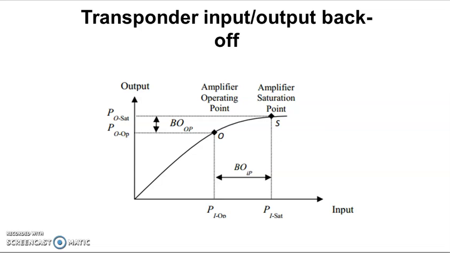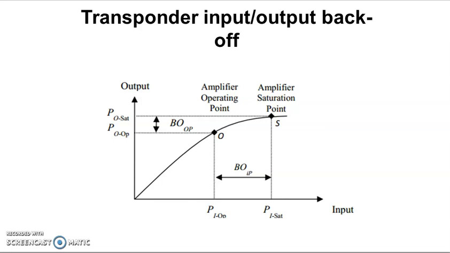Okay, now we continue with the earlier component, that is about the transponder input-output back-off power. We have said that the power amplifiers available in a transponder are solid-state devices, SSPA, and the traveling wave tube amplifier, and they have limitations of power handling capability. So now we need to know how much is the maximum output power from this particular amplifier, so that for your transponder output, we can find out it is to be operated at the saturation point.